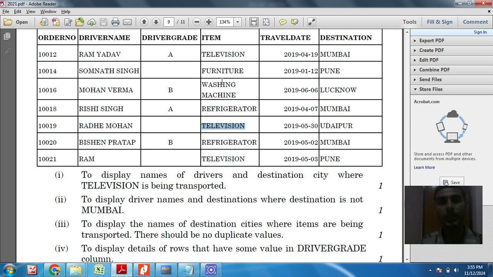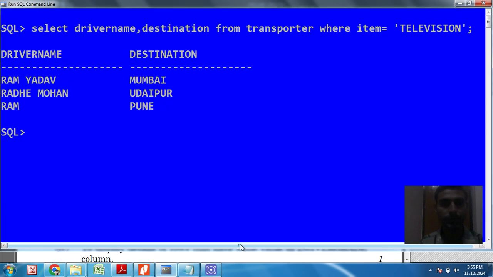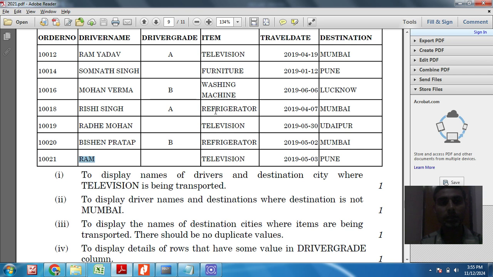For Ram Yadav, Radhe Mohan and Ram, the city names are Mumbai, Udaipur and Pune. So these are the correct answers.